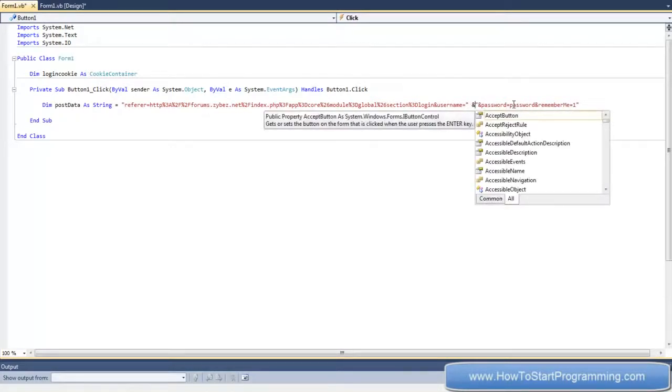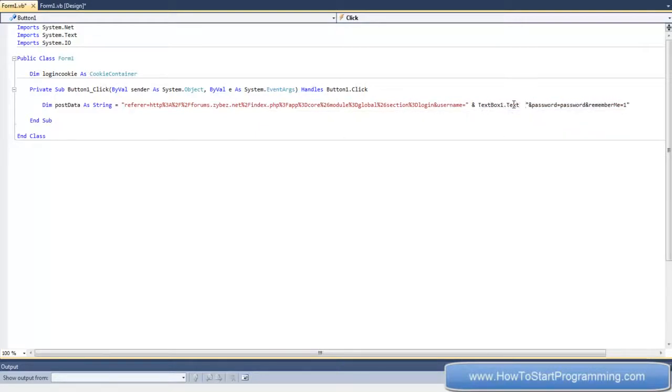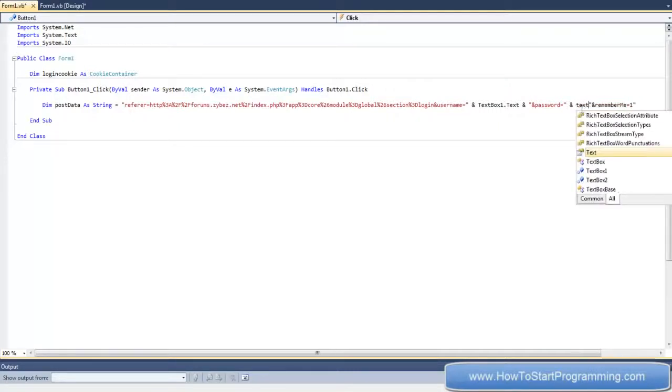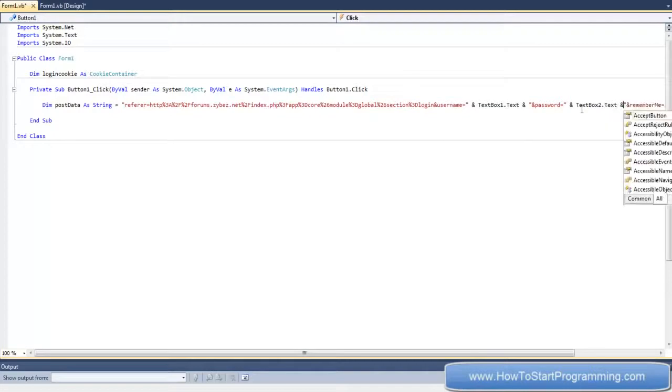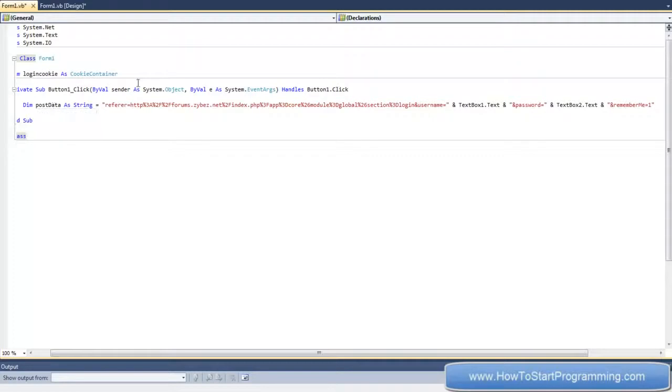It depends what you prefer, and then put text box 1.text, and then another one. And this is going to allow you to customize it, so you can have username equals, and then the text box 1.text, and then ampersand password equals, and then we'll delete this where it says password or whatever your password is. 2 brackets ampersand text box 2.text ampersand. So you know what this is doing. This is declaring the post data that we're going to post to the web server, and we've customized it for